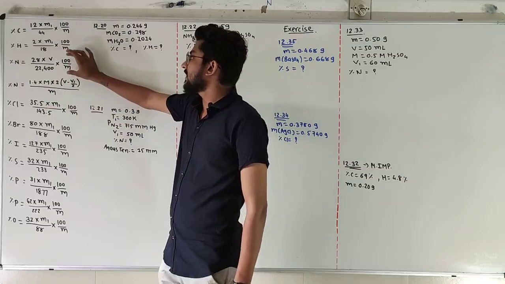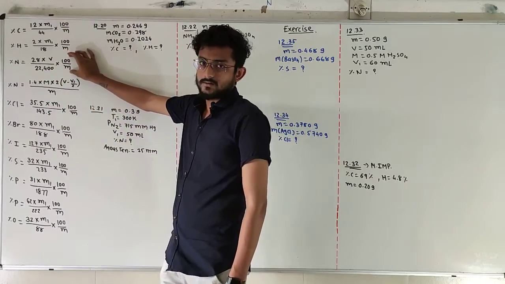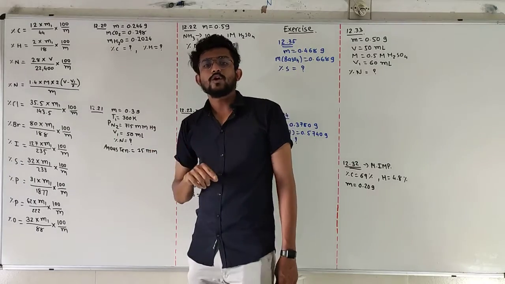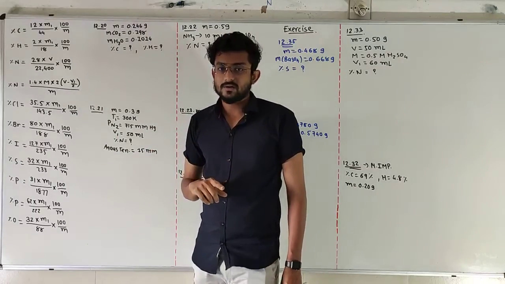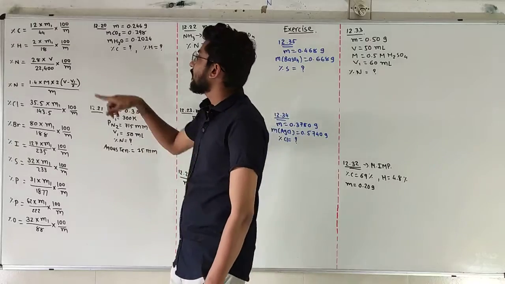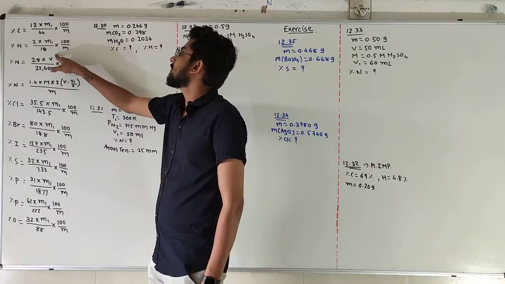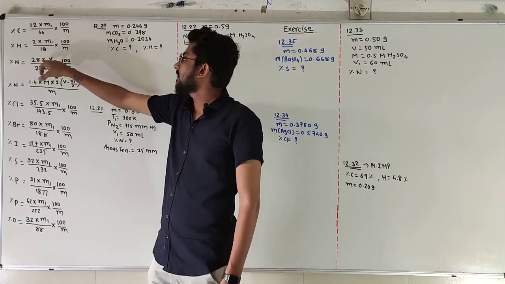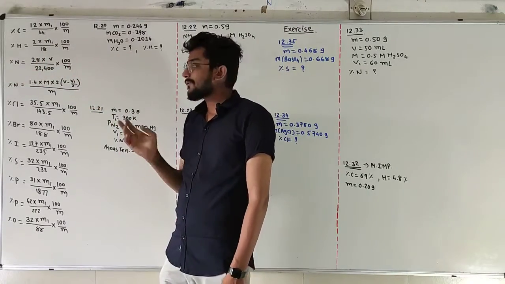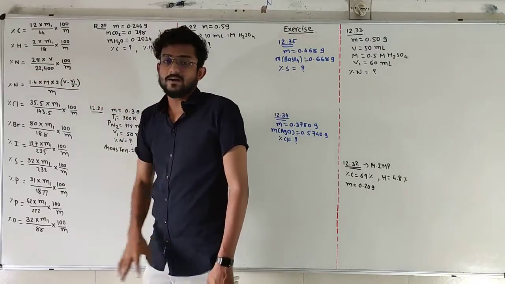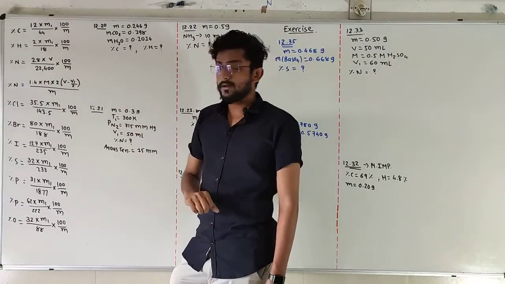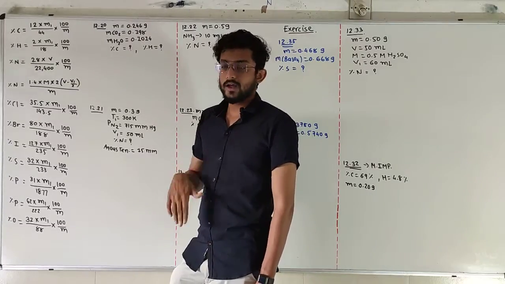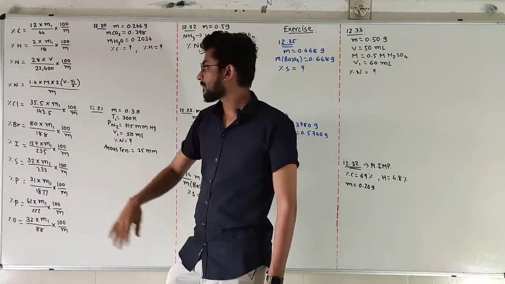After that, we discussed the Dumas method, where first we find the volume at standard temperature and pressure, and we use that volume of nitrogen gas to measure the percentage of nitrogen. So as a first step, we will calculate V, and after that we will calculate the percentage of nitrogen, which is 28 into V divided by 2400 into 100 by m.